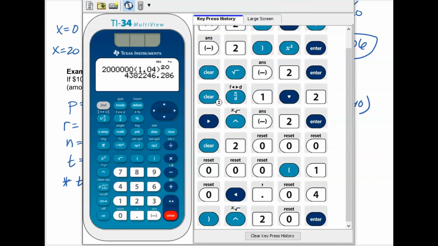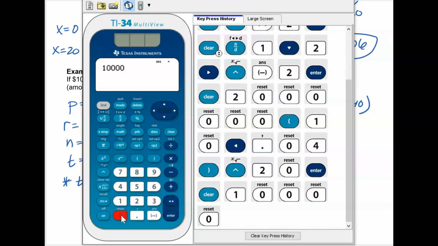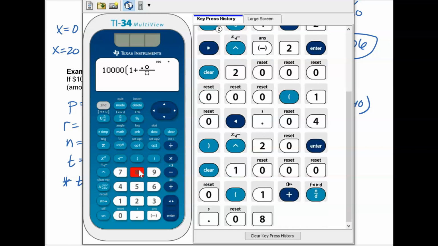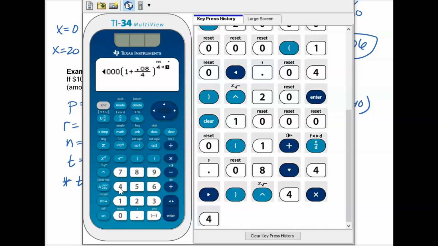And so remember, you can plug that in exactly how it looks. So if you've got the TI 30 or 34, you can plug it in. You can also do this on the graphing calculator. So I'm going to do parentheses 1 plus, I'm going to use the fraction key, 0.08 divided by 4, and then parentheses raised to the 4 times 40 power. And then you're left with